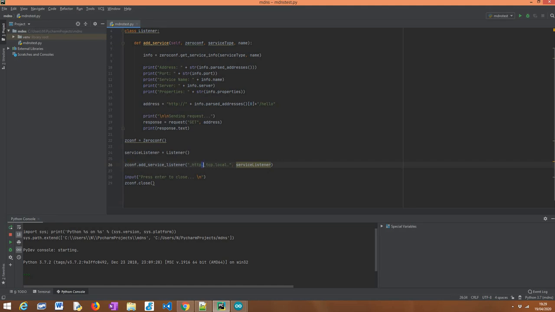prepended. Then we have here the dot, and then again we have one thing that we define in our Arduino code, which is the protocol over which our service runs. Okay, so basically service name here, and then a dot, and then the protocol, also prepended with the underscore. Then again another dot, and to finalize we have local, and then a final dot. So local is the domain that when we are using mDNS we need to always use.